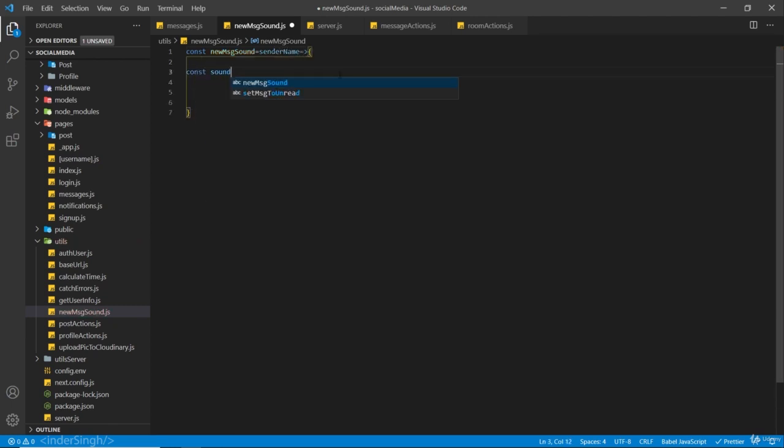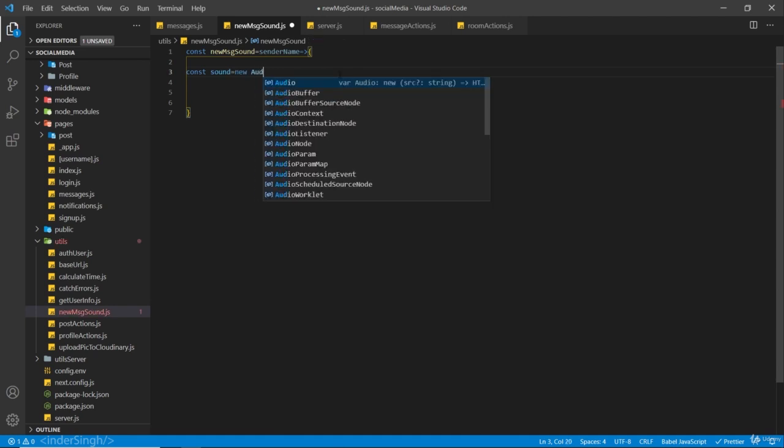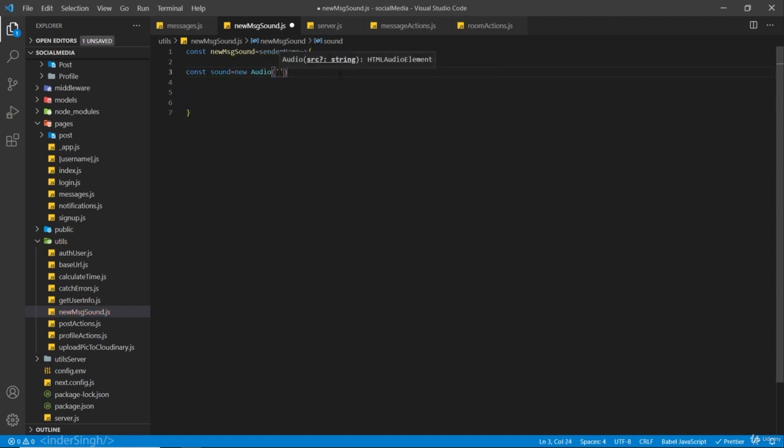So const sound = new Audio. This audio is inside a public folder, so we can simply refer to it as slash and light.mp3. So I have added it inside the public folder. This is just a bell sound which will tell the user that there is a new notification. So after this, if sound, sound.play,